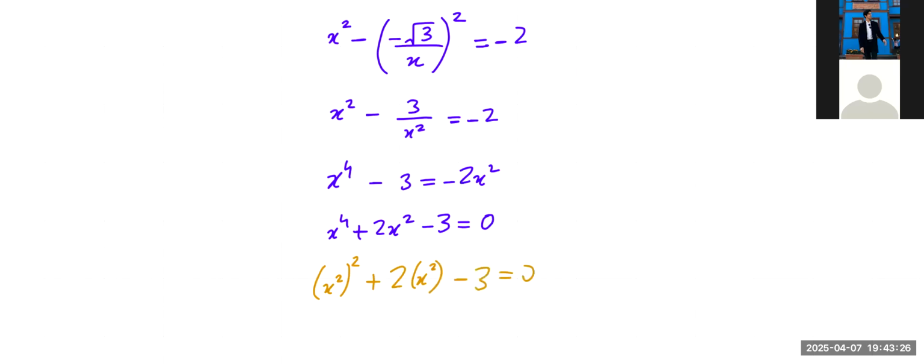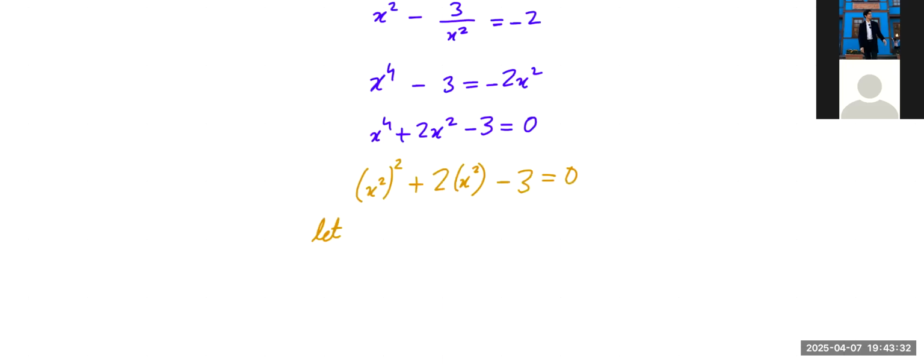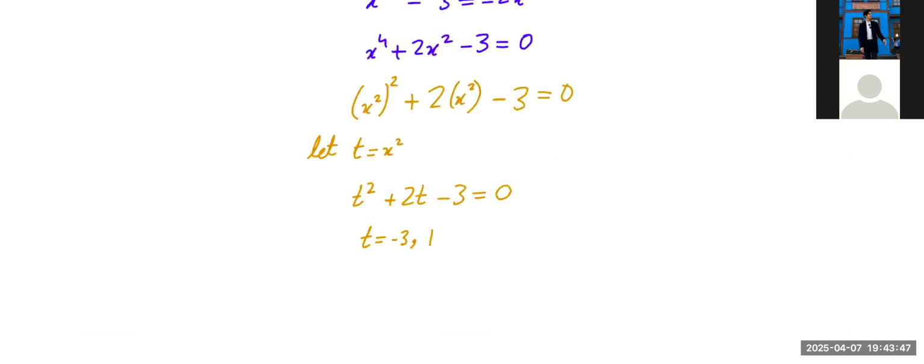So if you say let, for example, I don't know, y be, no, y already exists in this problem. Let, I don't know, t be x squared, then this equation looks like t squared plus 2t minus 3 equals 0. And by solving this quadratic equation, we will get two answers, negative 3 and 1, which means that x squared is negative 3 and x squared is 1,